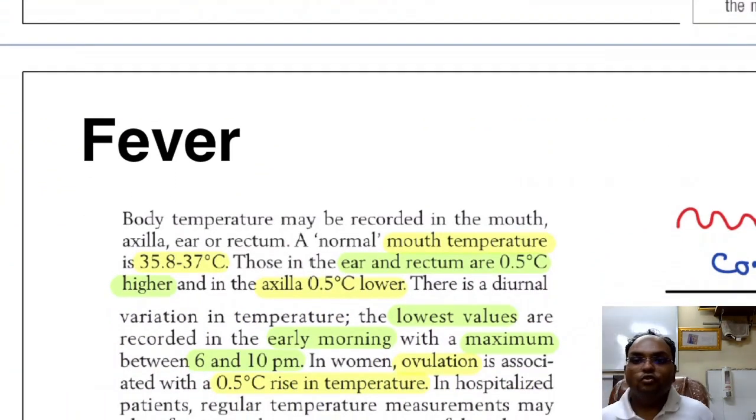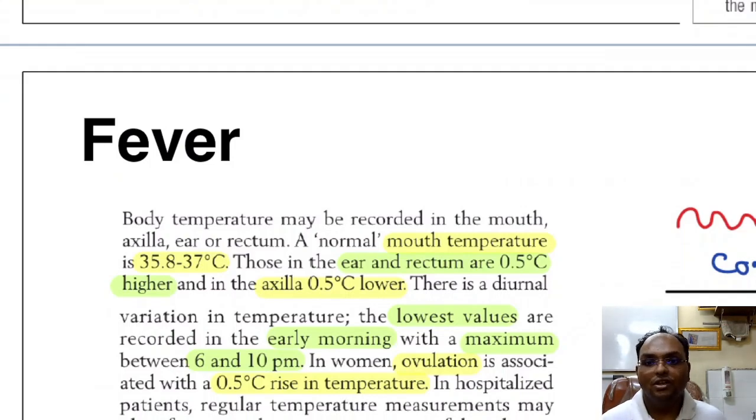For fever, of course, you should be measuring the core body temperature, which is the rectal temperature. As you know, that the mouth temperature which we measure is between 35.8 to 37 degrees Celsius. That in the ear and rectum, which is the core body temperature, the tympanic membrane, the internal auditory meatus, the superior meatus of the nose, and the rectal temperature, they are 0.5 degrees Celsius higher than the oral temperature, and the axilla is 0.5 degrees Celsius lower than the oral temperature. So the oral temperature is midway, the rectal and internal ear temperature are higher, and the axillary temperature is lower